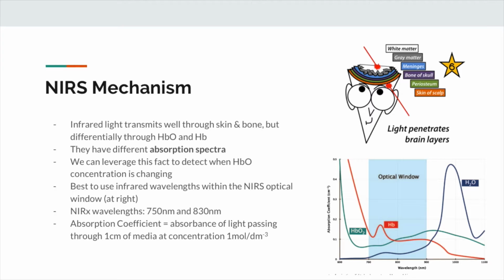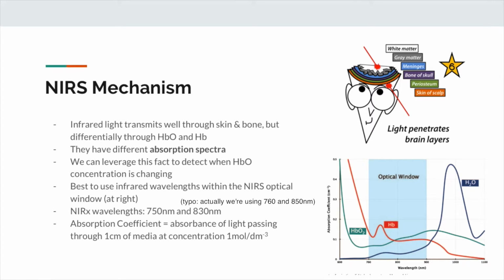The way you can read this graph is on the left you have the absorption coefficient, which is essentially how much of this energy is being absorbed as the light passes through a medium of this type. And then along the bottom is the wavelength in nanometers. Near infrared around 700 nanometers is pretty visible to our eyes. That still looks red to us. 900 is getting larger. We can't see that anymore. But you'll see in areas like 750 or 850, the plots for oxygenated and deoxygenated hemoglobin are different. And so that's what we choose as wavelengths to care about when we're doing infrared spectroscopy.